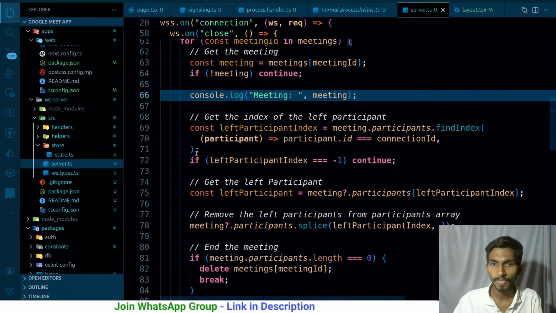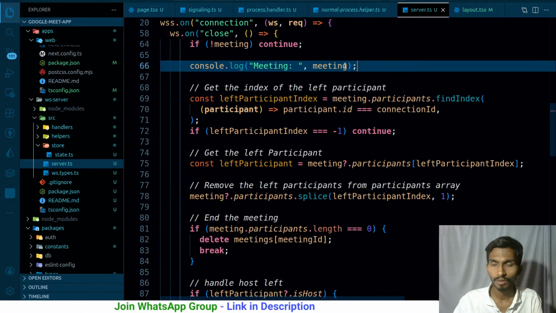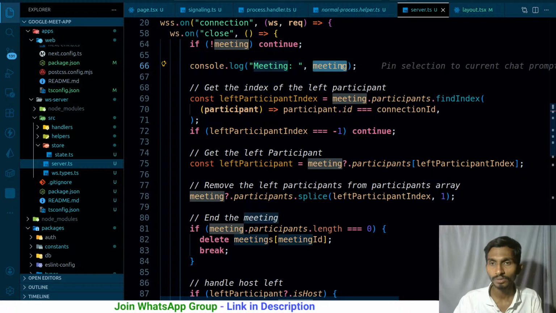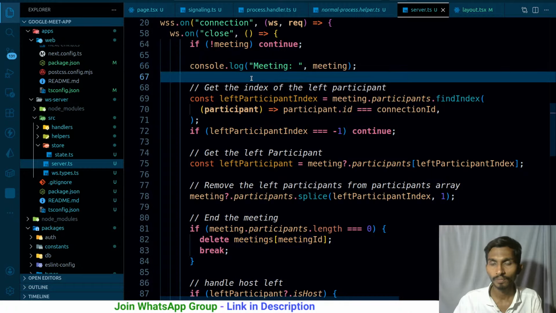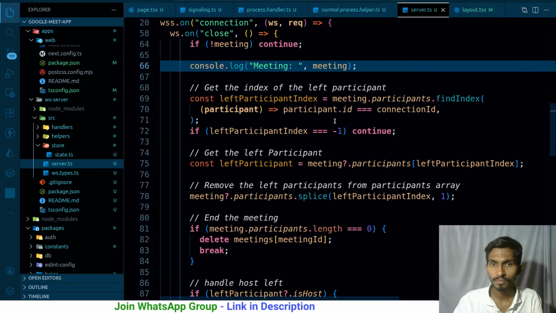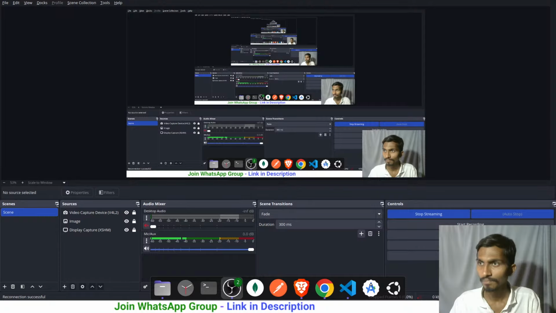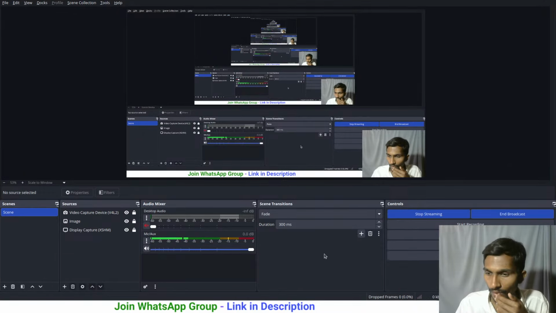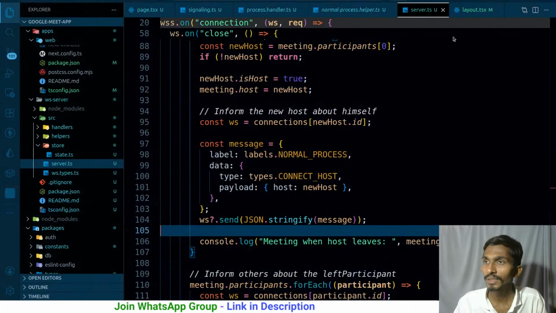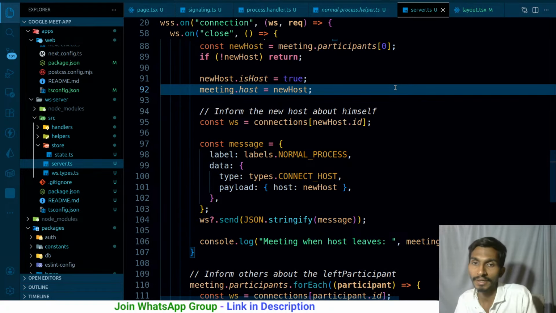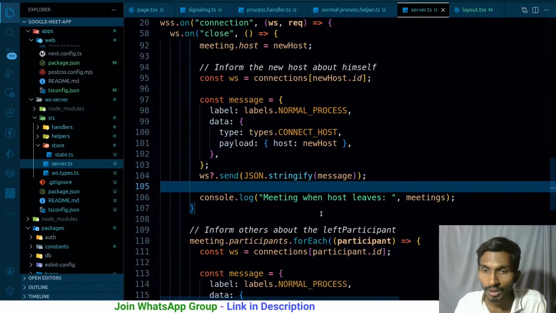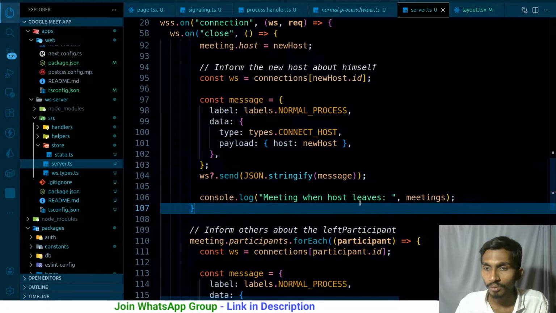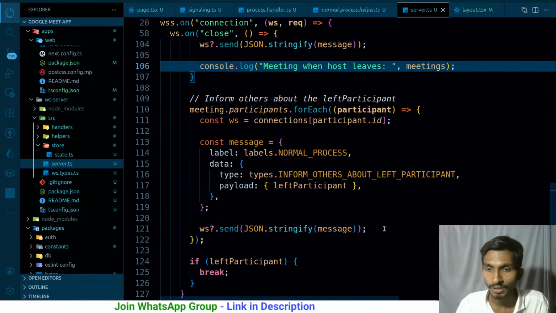After that, inside meeting I will have my participants, and turns out I'll have to restart it. Alrighty then, came back. The thing is that suddenly the network got disconnected, and because of that thing I had to just simply leave. Coming back to this one, console.log meeting when the user leaves, and lastly